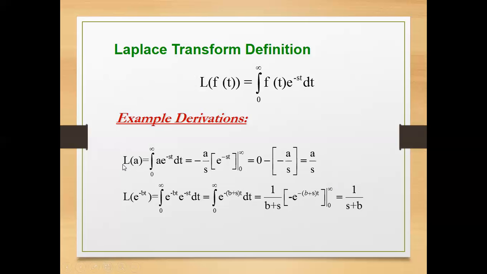So if we find the Laplace transform of a constant a, like 10, like 1 half, or negative 0.5, or something like that, that would be equivalent to that constant divided by s. So how did this particular general formula come about? You will have to perform the integral of that particular constant with e raised to minus st from 0 to infinity. The resulting expression is this formula that you are seeing now. So the Laplace transform of a constant is equal to that constant divided by s.